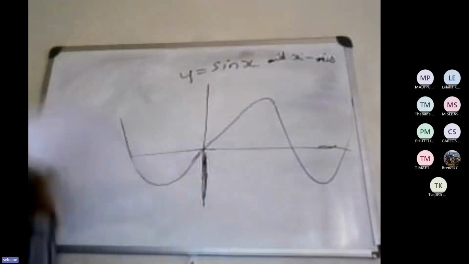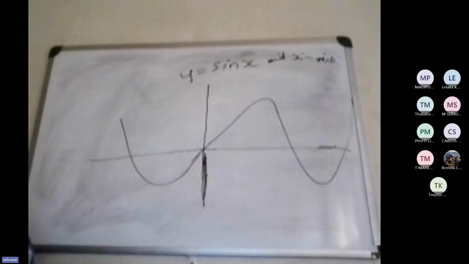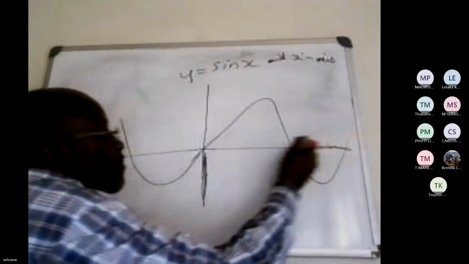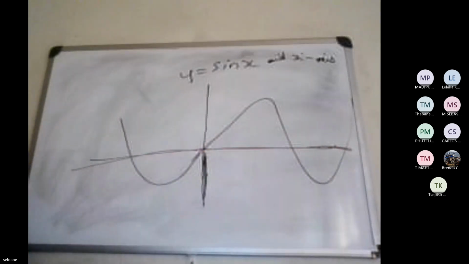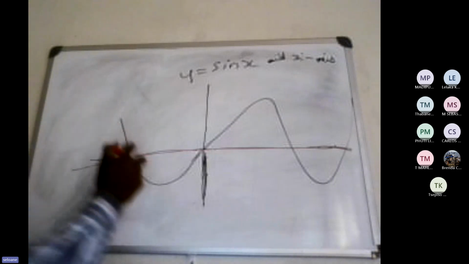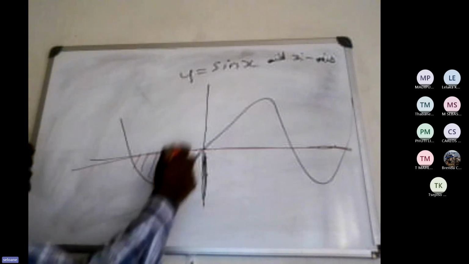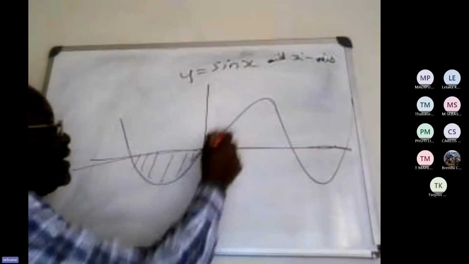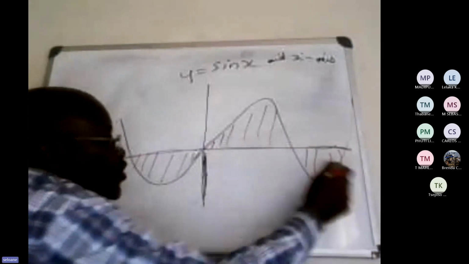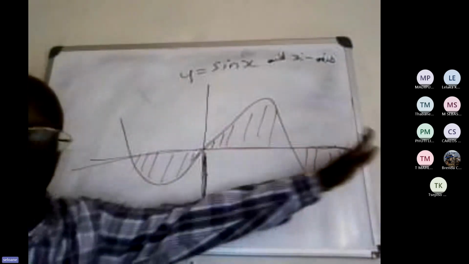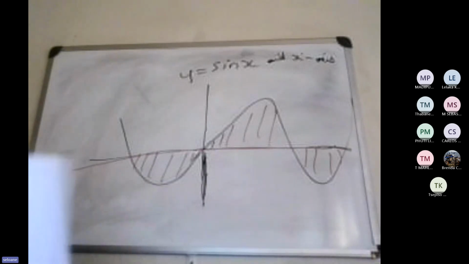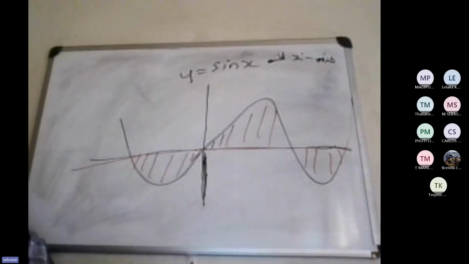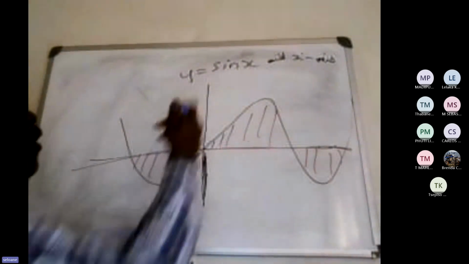That is y equal to sine x, and then they say the x-axis. That is this. Can you identify that region for now? Yes, it will be this. But don't forget, this is still going. It will be this, it will be this, and so on and so forth. Remember, this is still continuing. But now, they say from